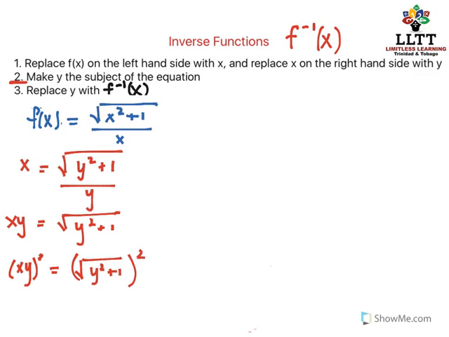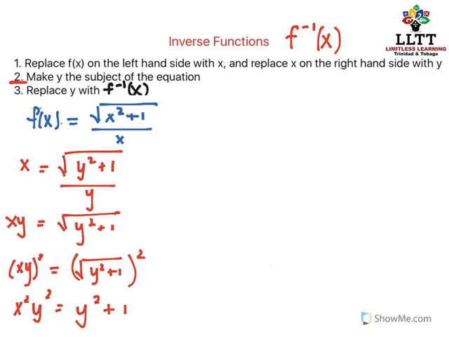And then remember, the reason why I'm squaring is because when I square a square root, it gets rid of the square root sign. So on my left-hand side I have xy squared. Rules of exponents tells me that it's x squared times y squared. And again, those rules of exponents would have been covered in the previous course, which is Foundational Mathematics for Secondary School, the beginner level. So we would have covered exponents in that course. So now on my right-hand side, squaring a square root gets rid of that sign. I'm left with y squared